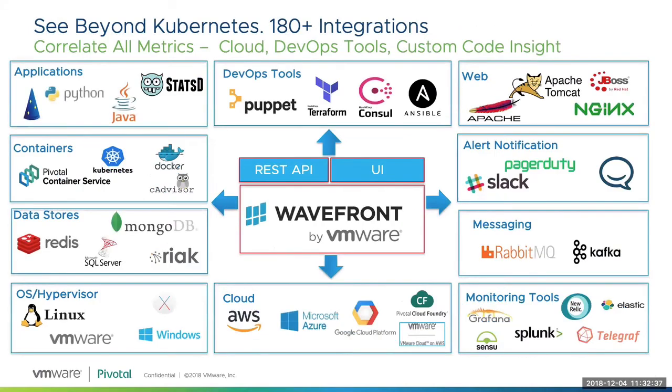But we don't want to limit you to just your Kubernetes infrastructure, because really that's not what matters. If you remember, one of the first things I said is you need to combine the infrastructure with the app to get that complete picture. Wavefront has over 180 different integrations, growing on a monthly basis, for all kinds of different applications and even new kinds of infrastructure, or different ways to attack infrastructure. And you can combine all of this with each other inside of a single dashboard, or even a single chart